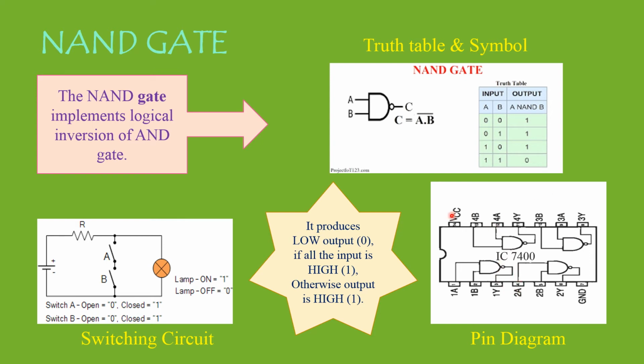So you'll have the 14 pin, as usual, to be your supply and your 7 pin to be your ground, and the remaining pins contributing for your inputs and outputs. So this is all about your NAND gate. So next we will move on to your